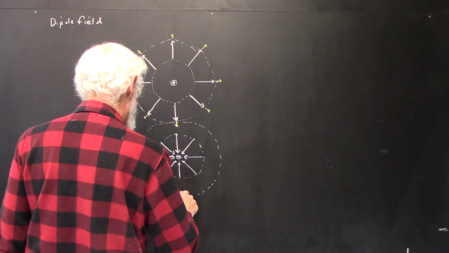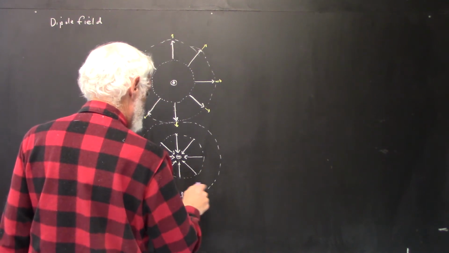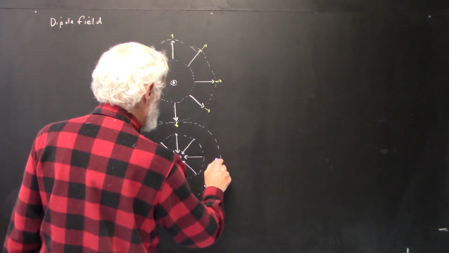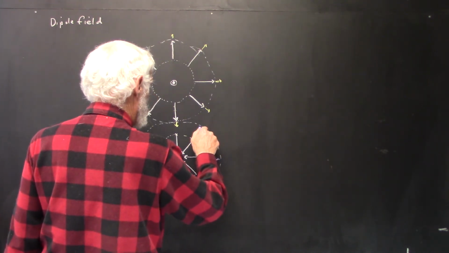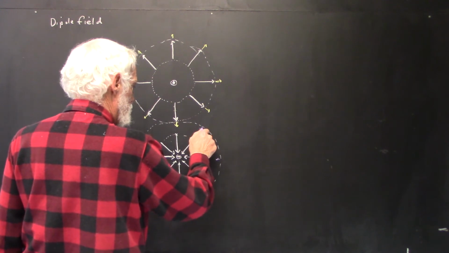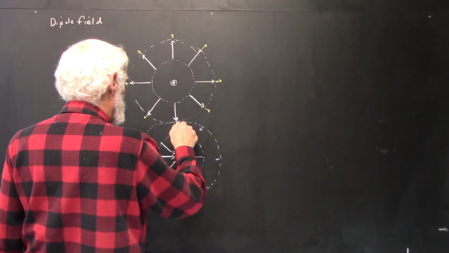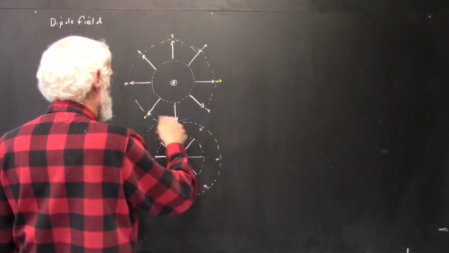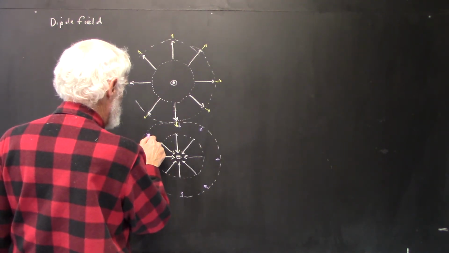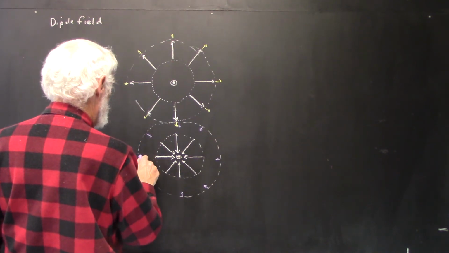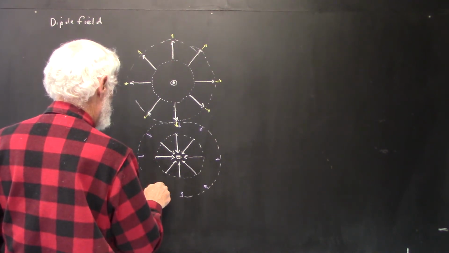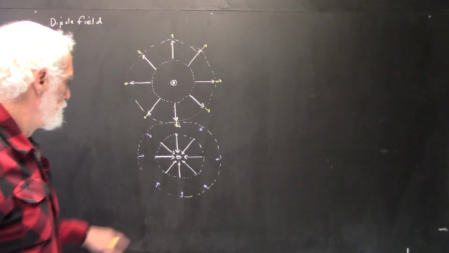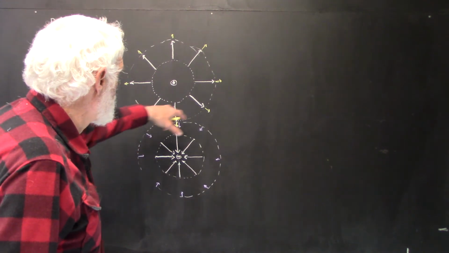Start down here. Again, these vectors have the same length as the ones I drew here, or they should. Now, let's see, this one's kind of in the way, but I'll offset it a little bit. Okay, that should be of equal length. Didn't quite manage that. Okay, so there's a depiction of the two fields